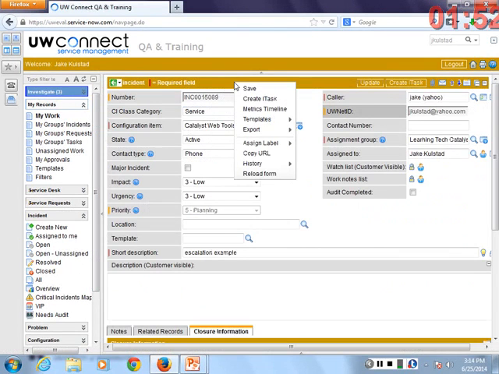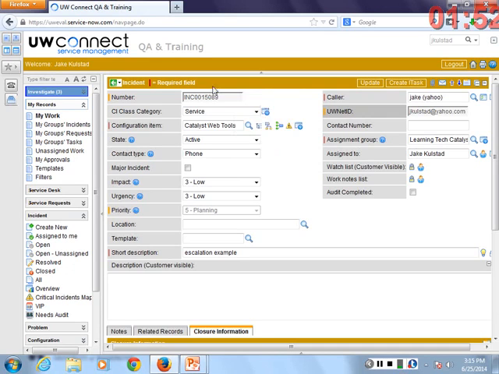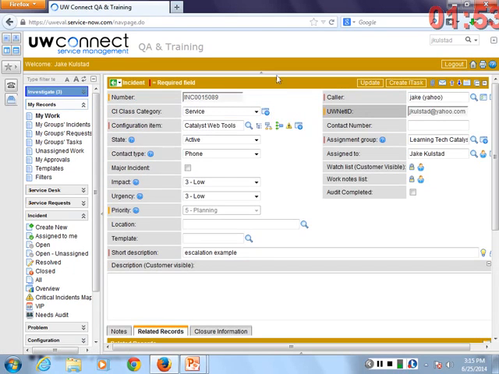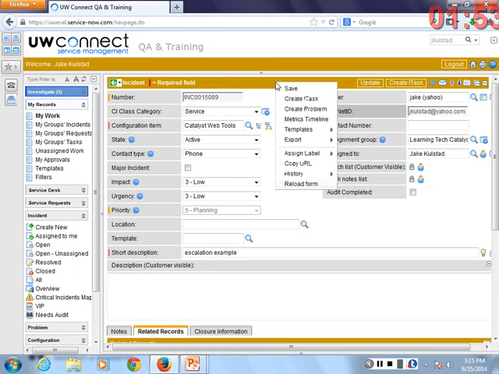All right, I'm going to go into one of my incidents, and I'm going to right-click on this gold bar and pull up my context menu. I can show you that I've chosen a bad incident for this example, and I'll clean that up for you right now. We'll go down to the Related Records tab, and you'll notice that I've already linked this incident to a problem, so I'm going to delete that. Okay, pretend you didn't see that.